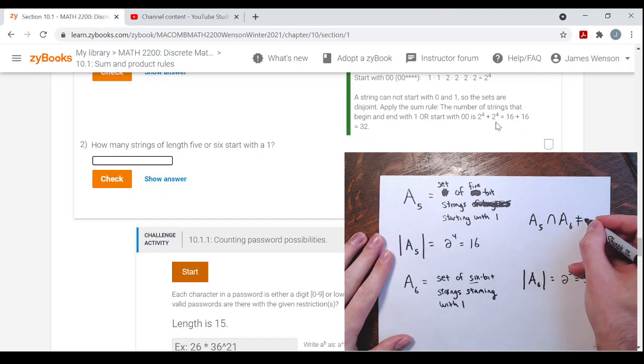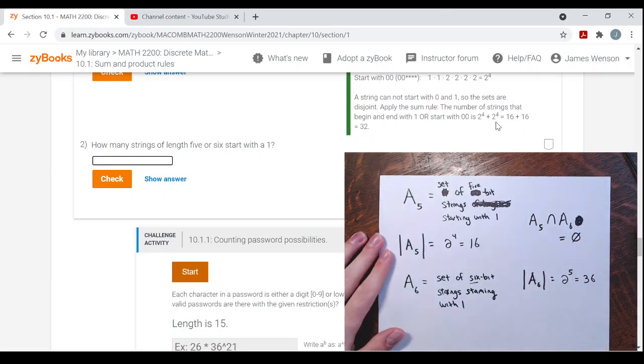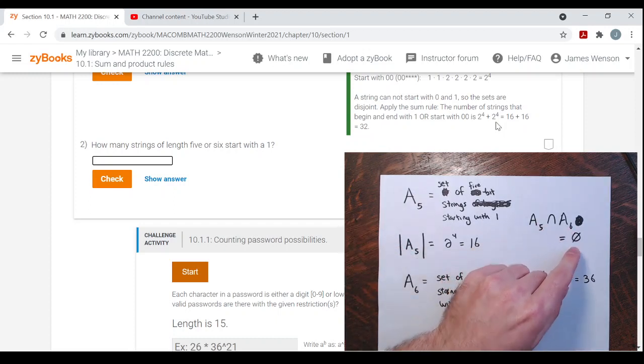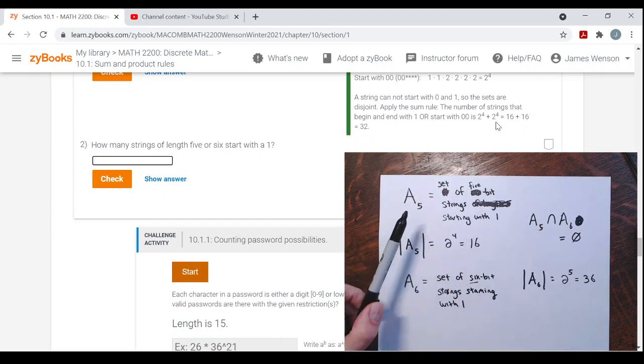Oh, sorry, that's bad. If you take their intersection, it'd be empty, because you can't have a string of length 5 also be a string of length 6. These are sets of strings of totally different lengths, so they're not going to have any strings in common. So then, by the sum rule,